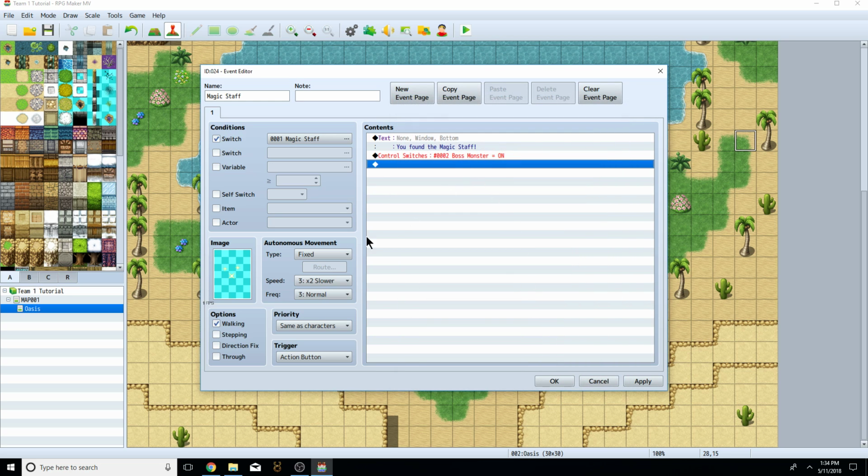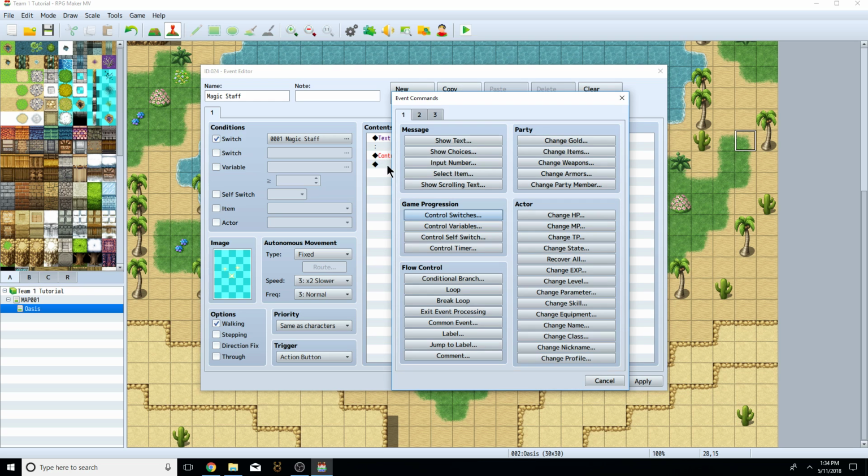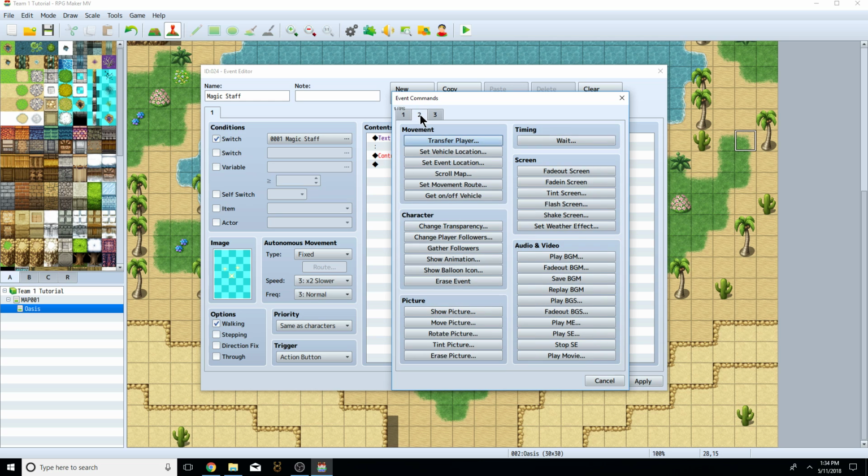All right, so now we don't want this little sparkling thing to stay there, right? We want it to disappear. So we're just going to erase this event. So we're going to double click on the little diamond, go to the second tab, and under the character box here, there's erase event. Everybody see that? Go ahead and click erase event